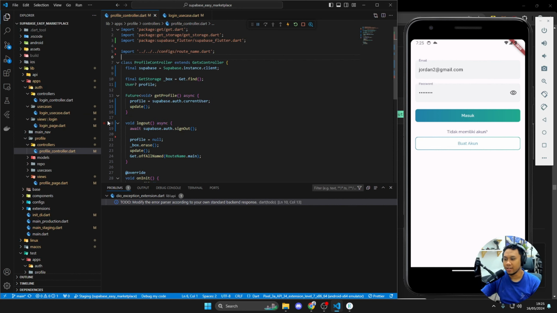Now we already have the persistent login using Supabase. All right, next time we'll